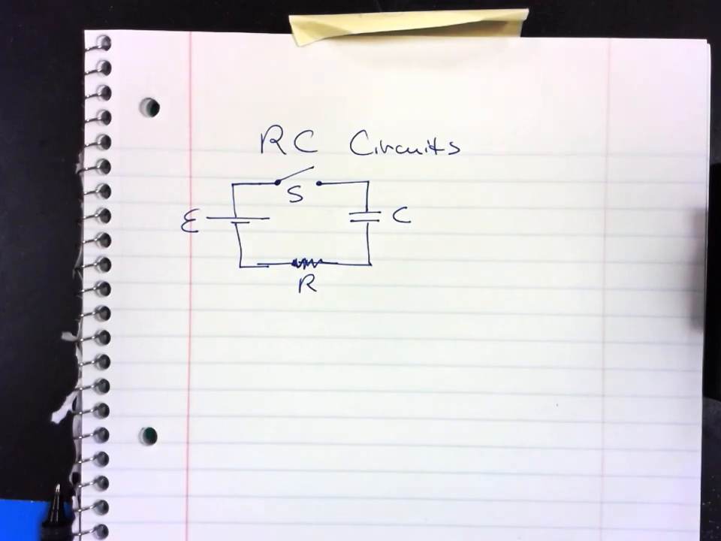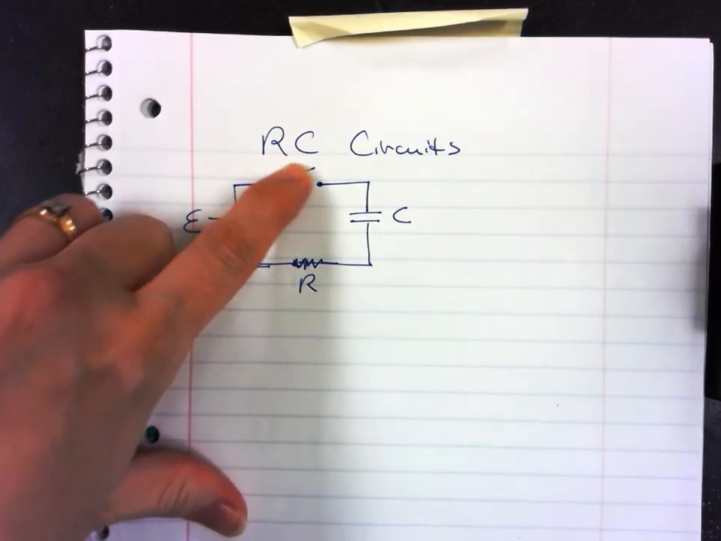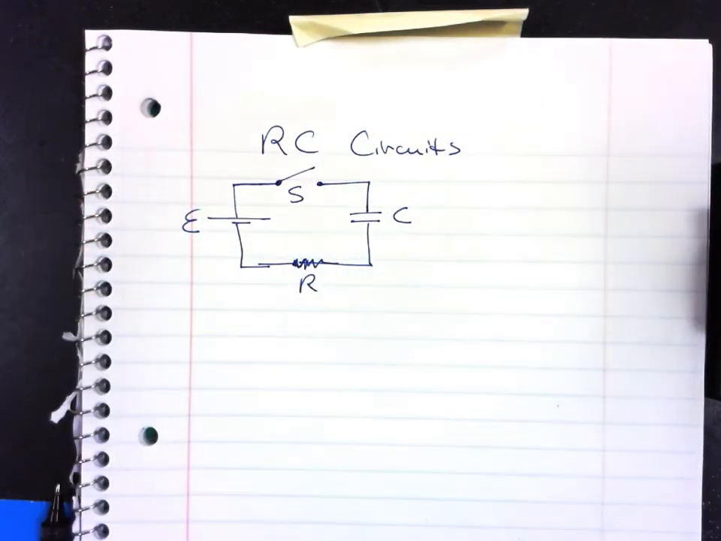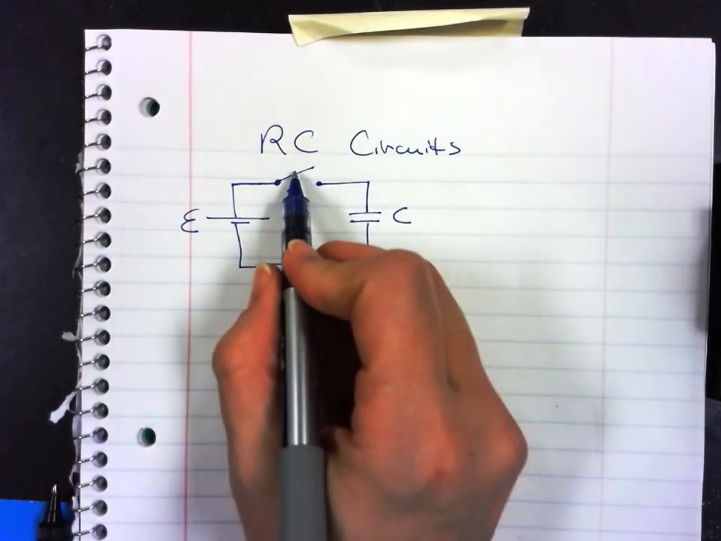So we talked about resistors and circuits, we've talked about capacitors and circuits, now we're going to put them together. So that's why they're called RC circuits, resistors and capacitor in the same circuit. So think about what would happen here when we first close the switch,